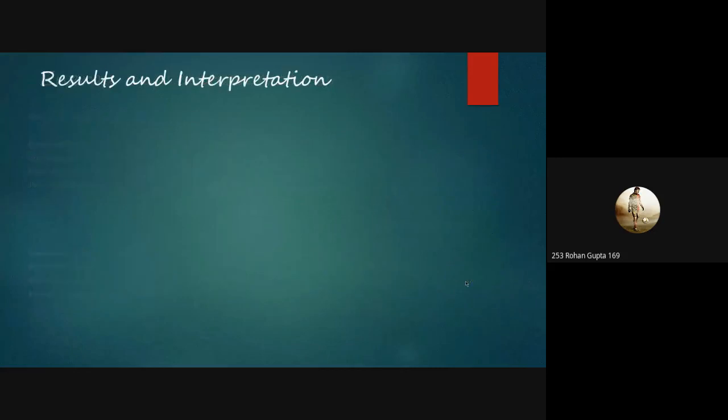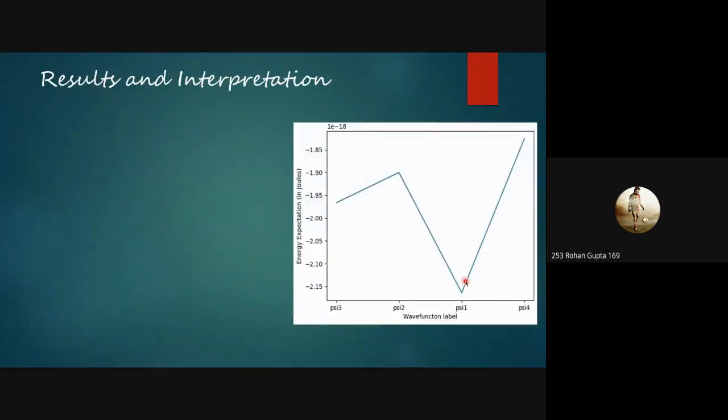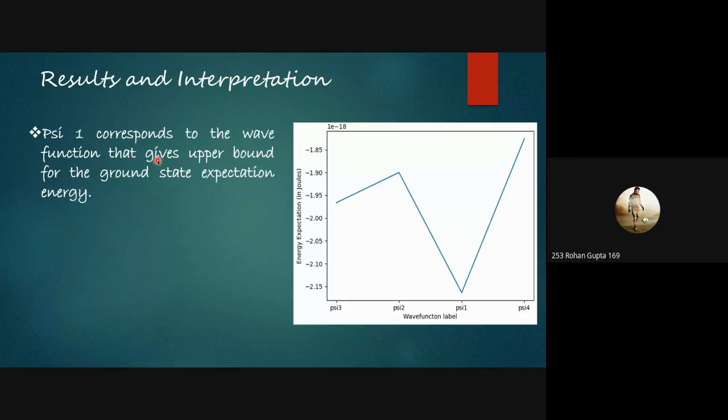Similarly, this was done for all four of the wave functions. And these are the ratios with respect to the first energy expectation value. These are all less than 1, which means the first energy value was the minimum. As you can see in this graph as well, psi1 was just put here for better visual representation. Psi1 gives us the least value among all four wave functions, and that means it represents the wave function which is very close to the ground state.